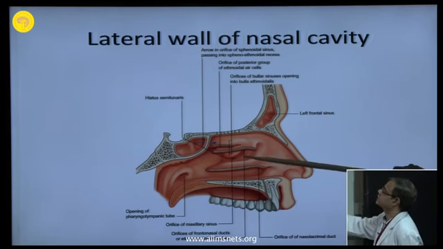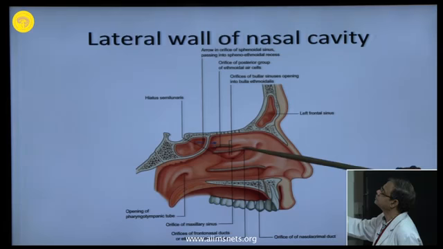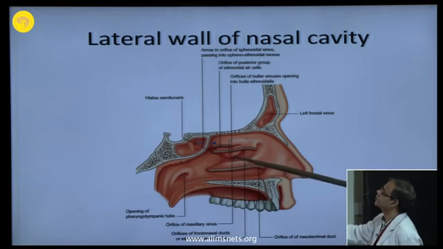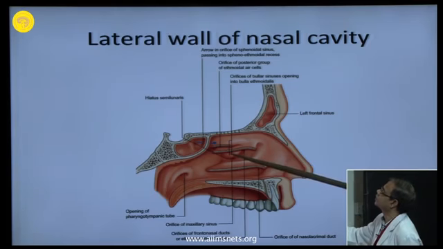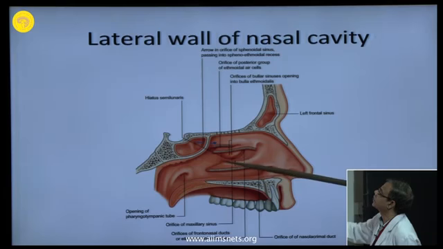This is the middle meatus. If you elevate the middle concha slightly, you will see the bulla ethmoidalis, and the bulla is caused by the ethmoidal air cells. And this is the hiatus semilunaris, where all the sinuses open. You can see the orifice of the maxillary sinus just below the bulla ethmoidalis, and if you are very careful, you can see on the bulla there are certain openings. These are the openings of the anterior and middle group of ethmoidal air sinuses, and the frontonasal duct opens in the anterior part of the middle meatus.